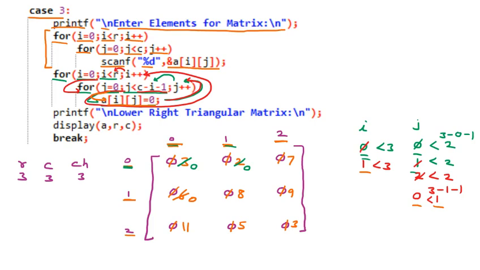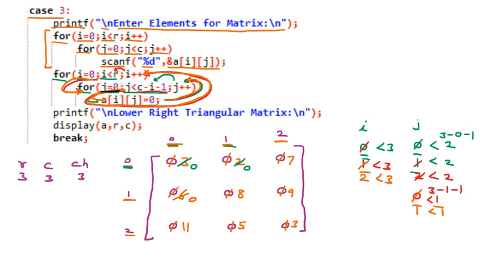Now after that it will go back and j is incremented. So j value is 1. Is 1 less than 1? False. So this condition is false. What will happen now? This condition is false, so it will go back. Now it is going back. i plus plus. So now the condition for i will be checked. i is 2. Is 2 less than 3? Yes. Again going down. Again checking.